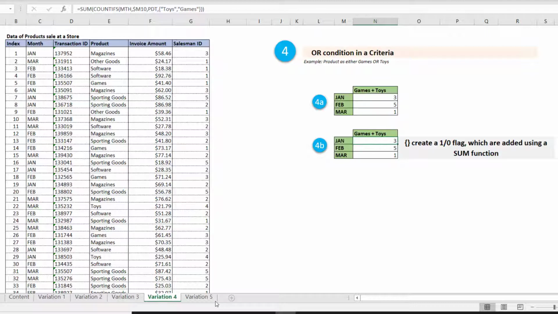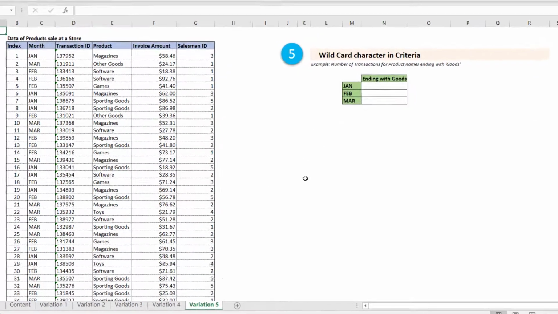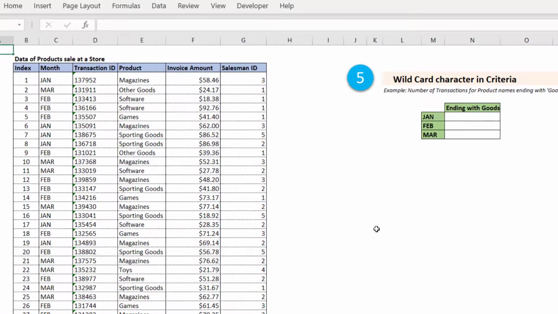As a last variation, let's look at how we can use a wildcard character in a particular criteria, and in this example we will look for all those transactions in all these months wherein the product names had the character goods in it.